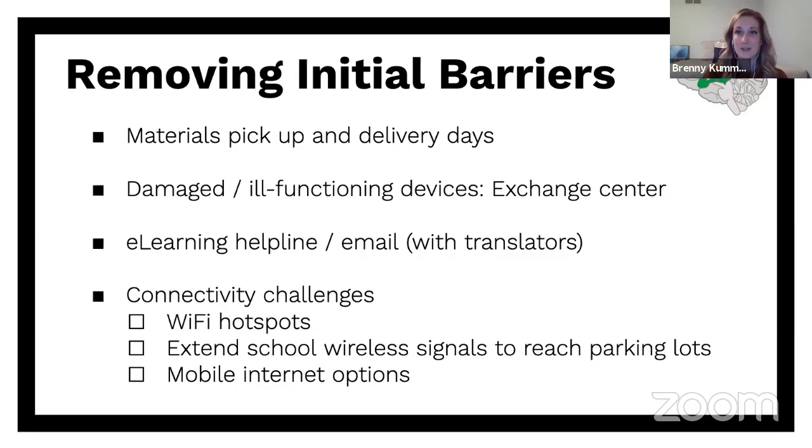But a key thing for us is making sure that we have online and offline options for our students, because not all of them are going to have internet access. And that's just the reality. We're doing the best we can to give our students a means to participate virtually, but that's not always something we're going to be able to address. So Universal Design for Learning has been instrumental in helping us resolve some of those issues. Next slide, please.